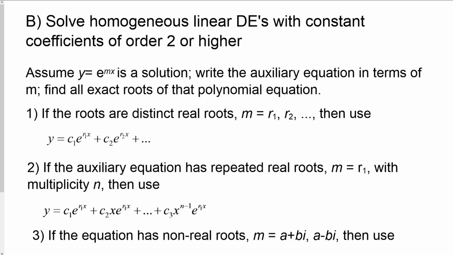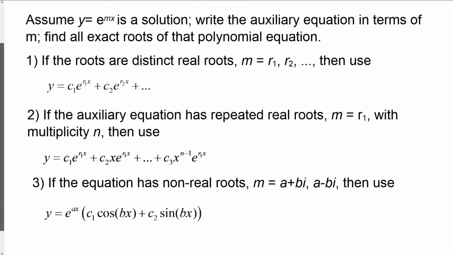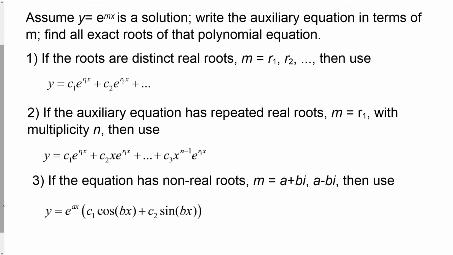Once we substitute y and its derivatives into the differential equation, we get an auxiliary equation that just has m in it. We solve that auxiliary equation for m, setting it equal to 0, and find the roots. And then what we do as far as writing our solution depends on what kind of roots we get for m. So case 1 is that if the roots are distinct real roots, m equals r sub 1, m equals